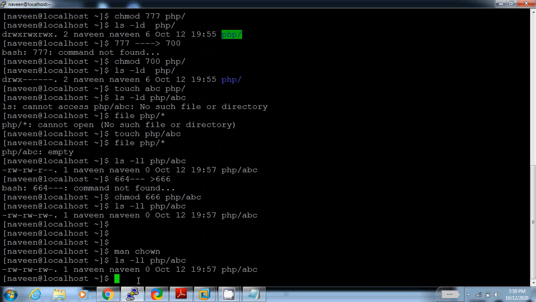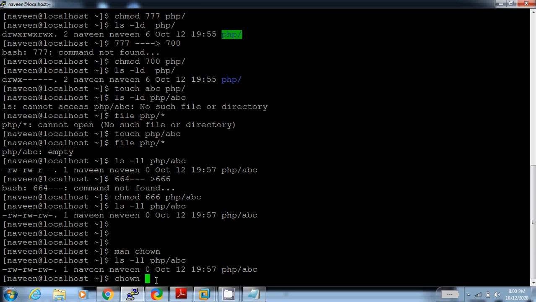This is my file. Now see, file's user owner name is Naveen and group name is Naveen. Now I want to change the username of file.